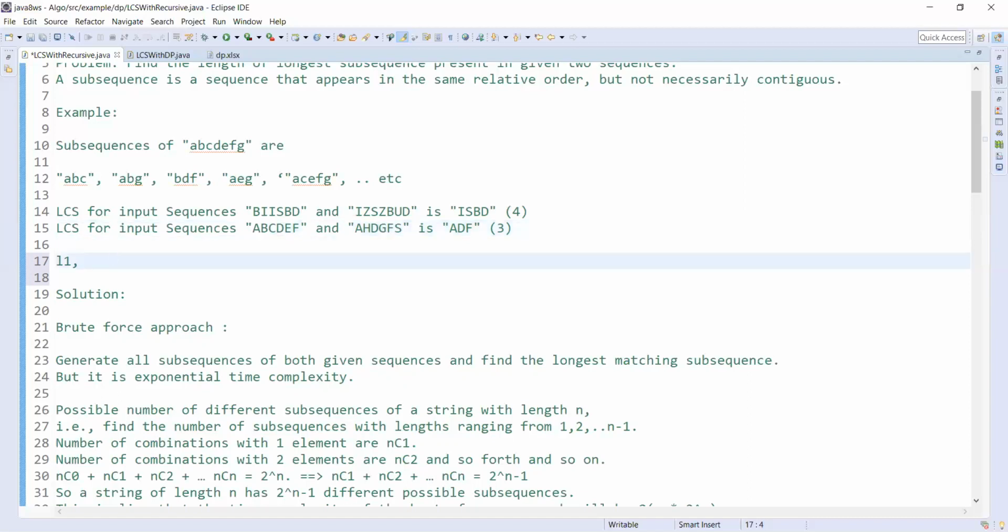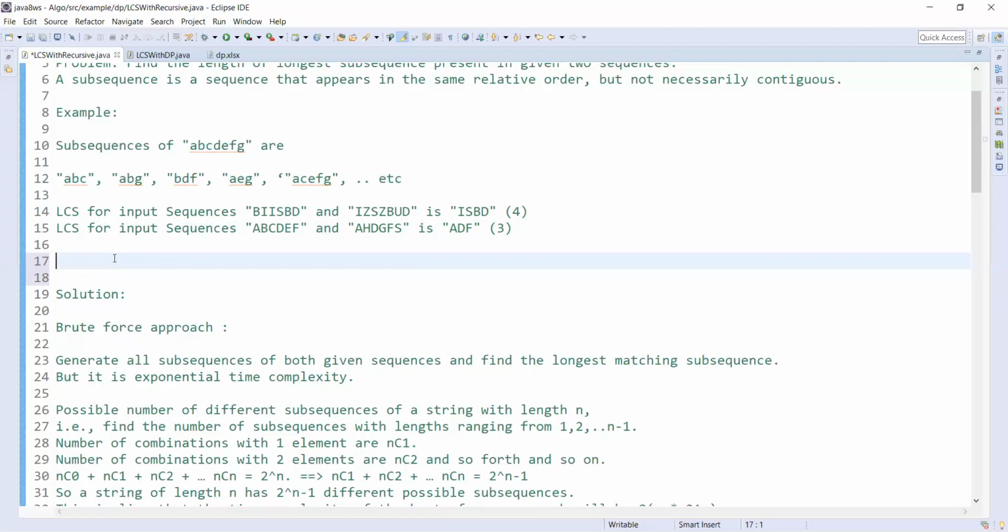So that is L2. By the time you compare the last characters, you already have L1 and L2. While you are populating the answer, you are just about to put it. Once you compare the last characters, you are able to put the answer. So you take the maximum of those lengths. So max of L1, L2 is your longest common subsequence.